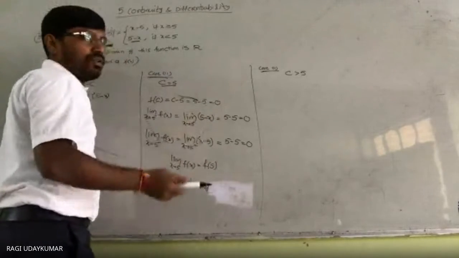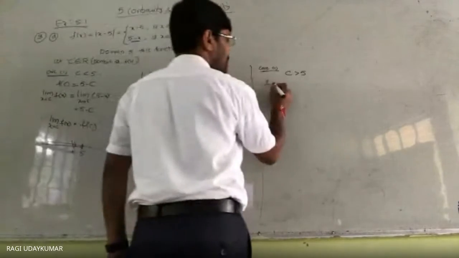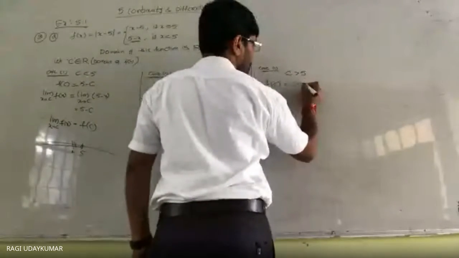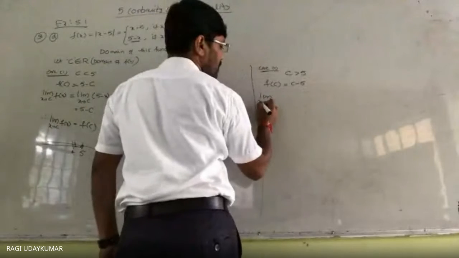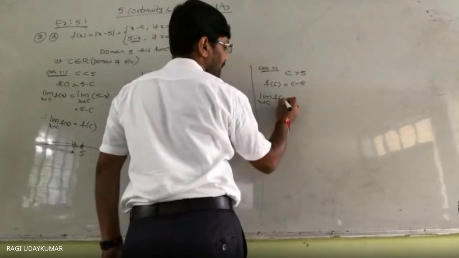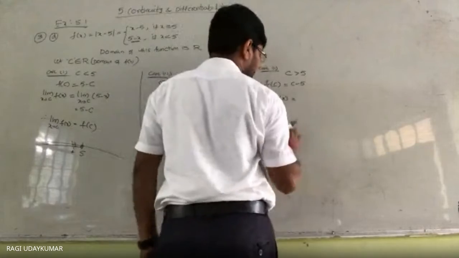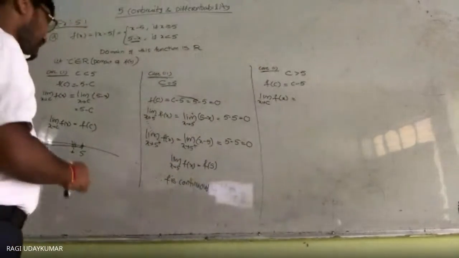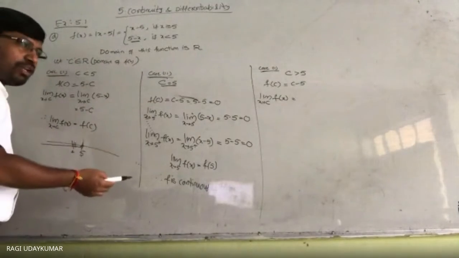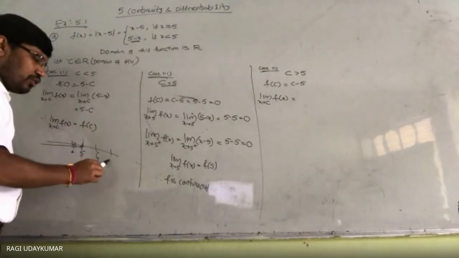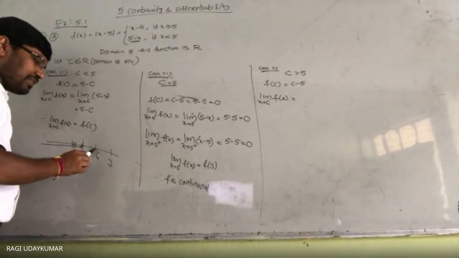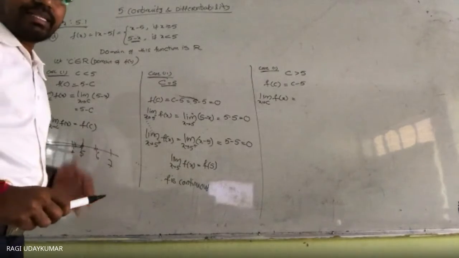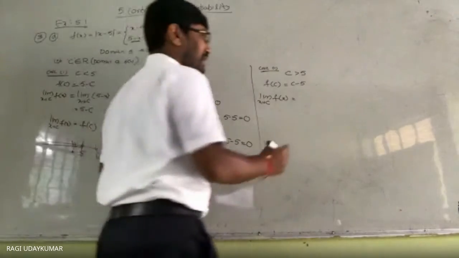So on the right hand side, you can do it for greater than 5, directly x minus 5 should be taken. So c minus 5 you will get, limit x tends to c f of x. Sir, you may get a doubt again and again: here why don't you take c minus, why don't you take c plus? See here, for greater than 5 we are taking values, you may take 6, you may take 7. The left side function and right side function are the same. The function is not changing, right? That's why left hand limit and right hand limit should not be taken into consideration.